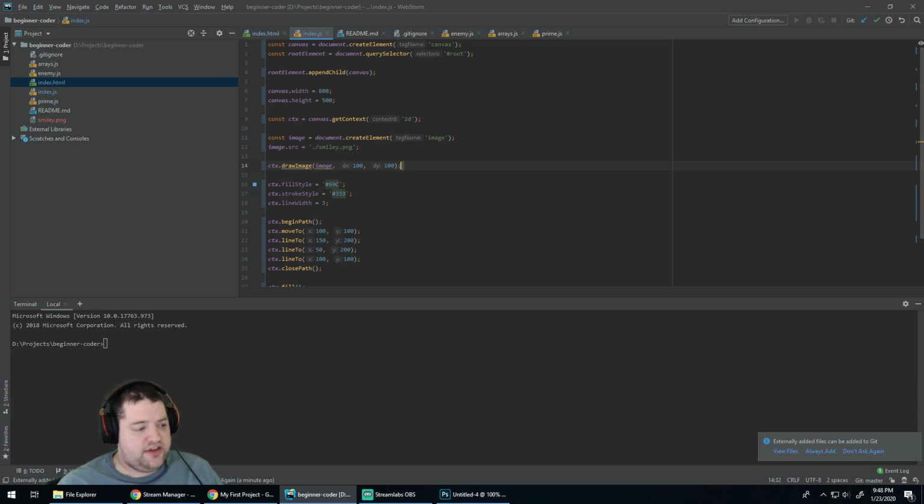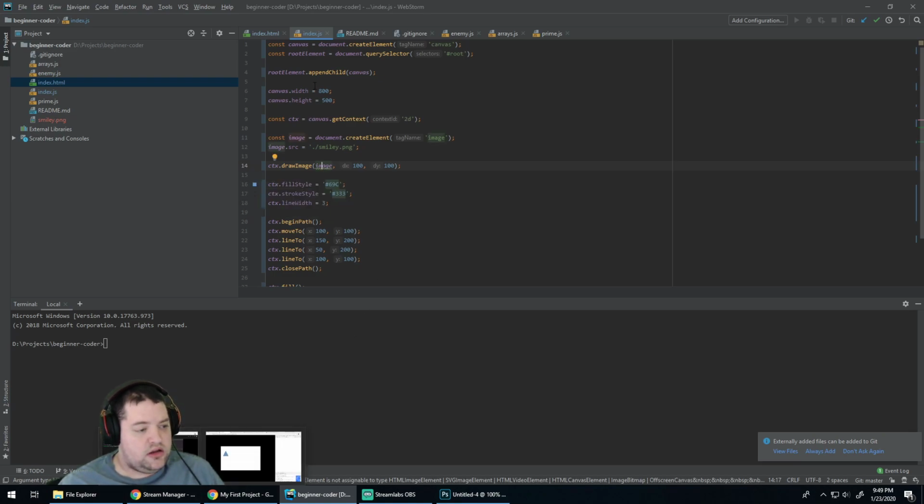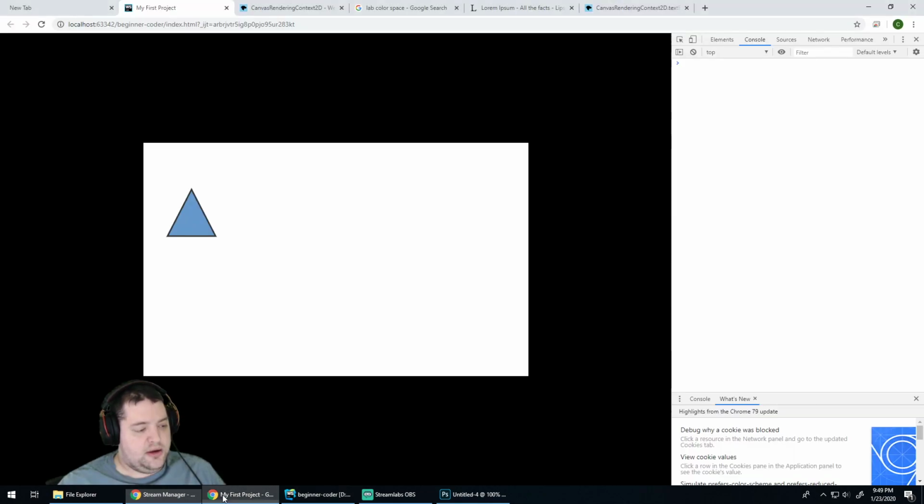But there's a gotcha with this. Actually, I guess for new image you can also just do new image like that as well, which makes this thing more happy because it knows it's an image. The gotcha